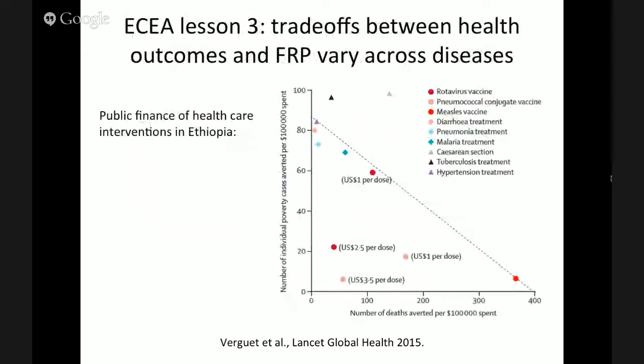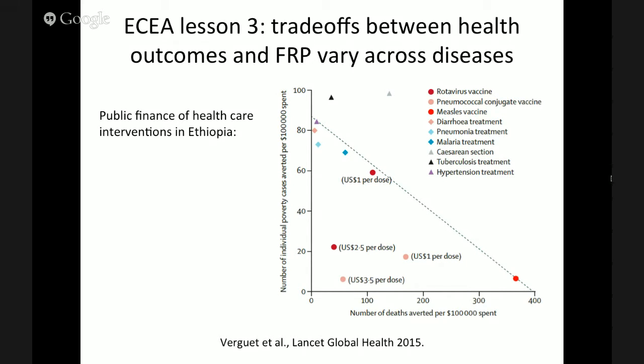The third lesson, and probably the most exciting one for UHC in particular, is that when you begin to include FRP, or financial risk protection, as a metric, and plot it against the health gains that policies can buy, you can really get a sense for what diseases do what sorts of things in the population. So Stefan again led this, and I was part of this study looking at public finance of healthcare interventions